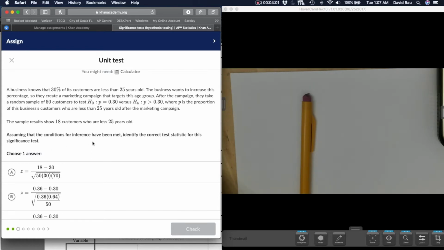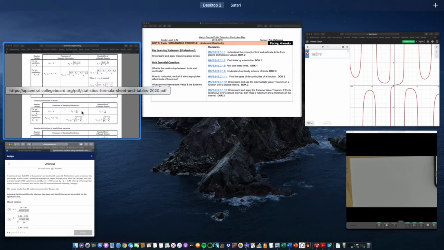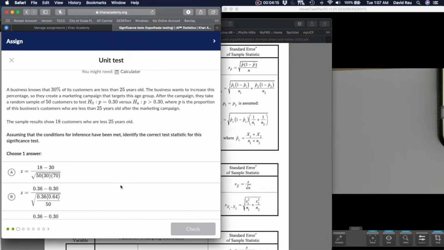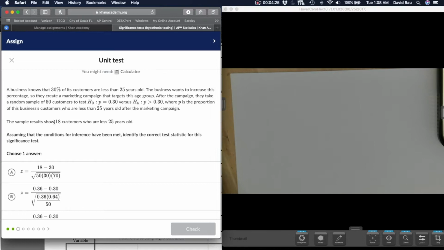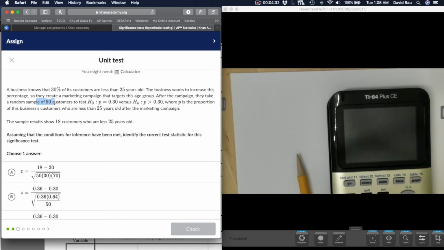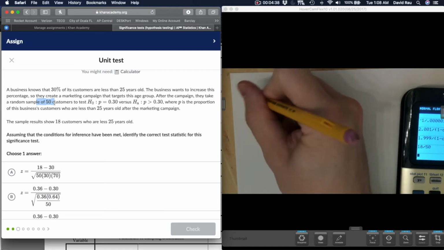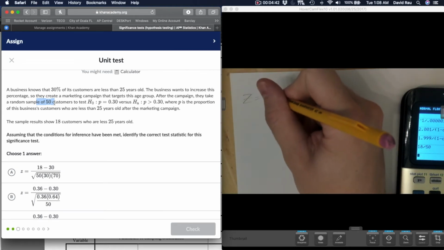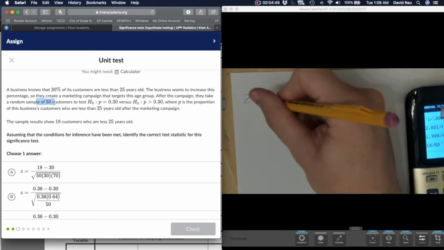So assuming the conditions are correct, what is the correct inference? Now again, notice here that we are dealing with proportions. So the Z statistic for proportions, let me write it like this. It's the sample proportion. So let's see what that is. Okay, so we had 18 customers out of 50. So what's 18 out of 50? We need that as a proportion, not as 18. So 18 out of 50 as a proportion is 0.36. So we got actual minus predicted: 0.36 minus the predicted, which was 0.3, divided by